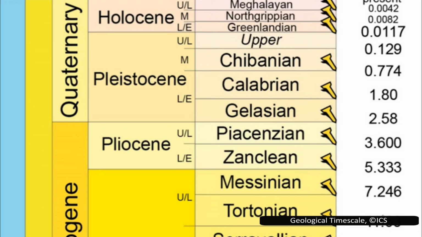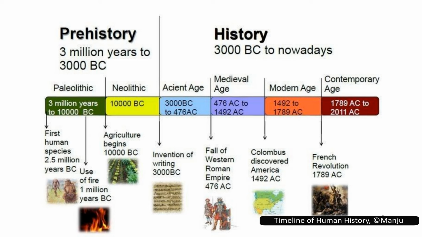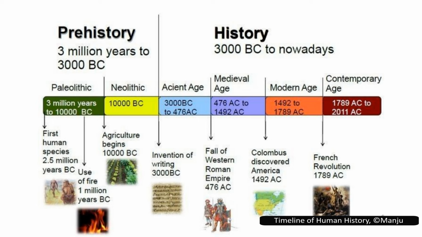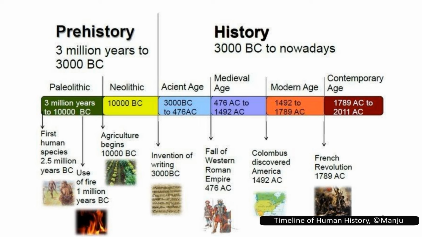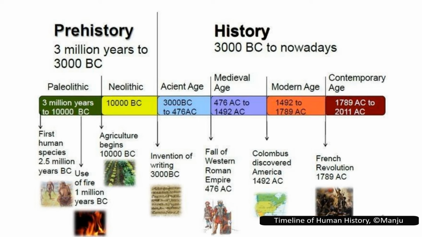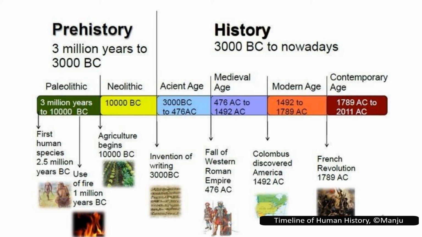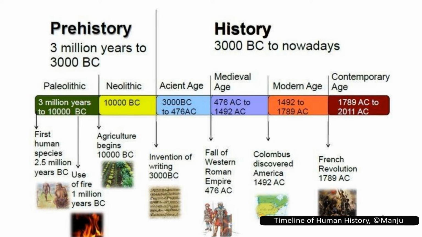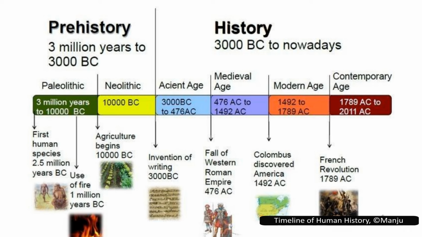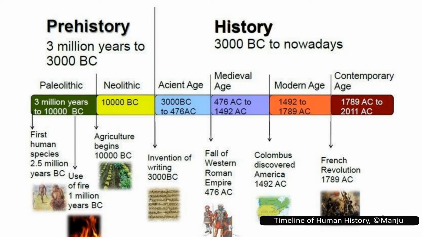The Holocene is the second epoch of the Quaternary period, starting at the end of the last ice age, around 11,700 years ago. While the Holocene does have formally defined geological ages, you're more likely to see it broken down by the stages of human history. The Stone Age, Bronze Age, Classical Age, and more recently, the Renaissance or Industrial Age. These divisions aren't particularly useful from a geological perspective, but they do reflect major changes in human technology, which in turn have had profound effects on the natural world.